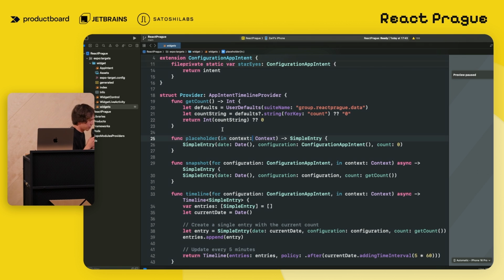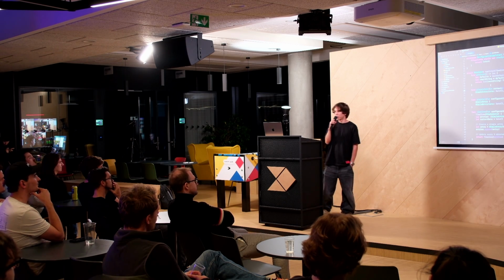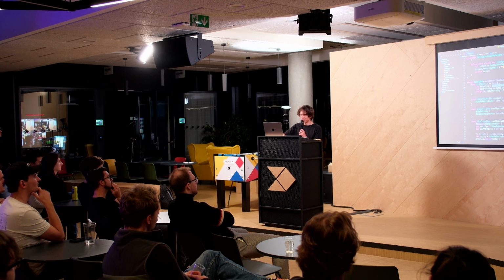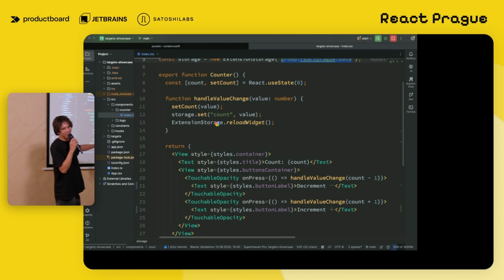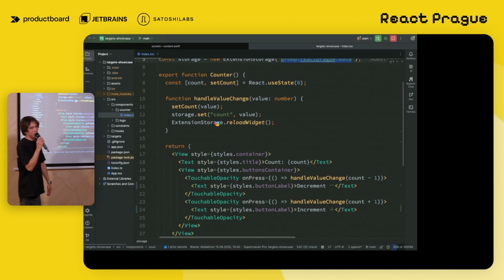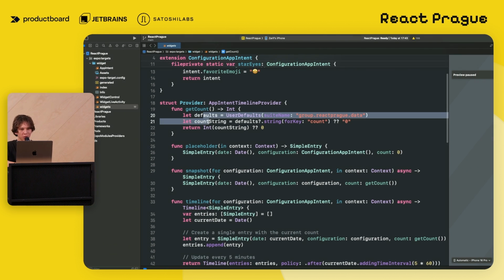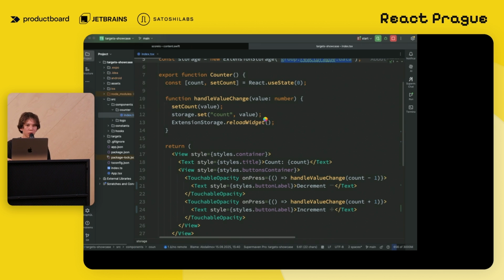But there is a native module that is part of Expo Apple Targets, which is called the extension storage. You can set a value inside the storage, and then read the values inside your native code, and this is the easy way to share state values between your native application and your React Native application.